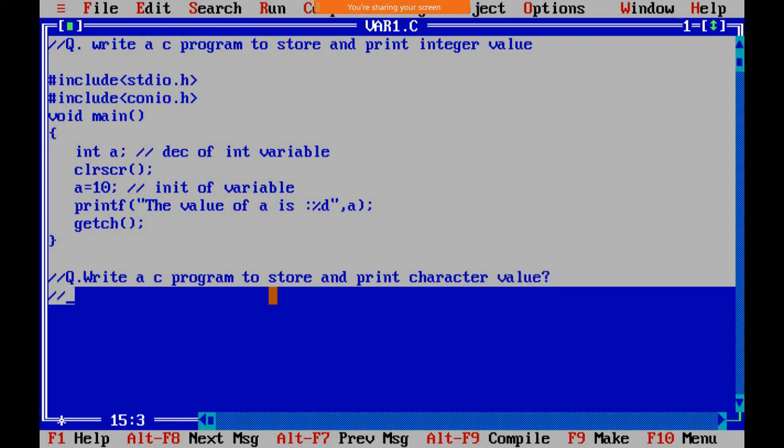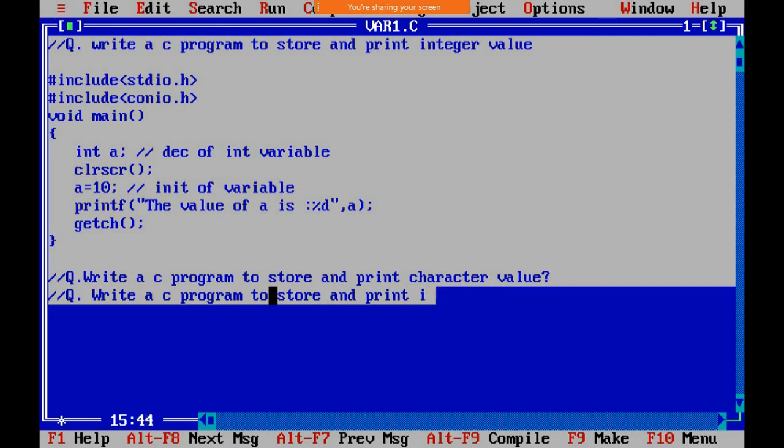Similarly, same question: write a C program, store and print value.